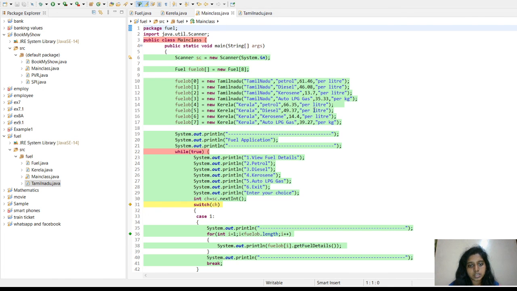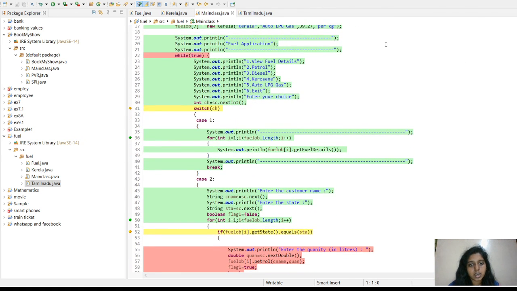It will ask the user to enter the fuel, giving a menu: view fuel details, petrol, diesel, kerosene, auto LPG gas, and exit. Enter your choice. If I choose one, the whole details stored in an array will be displayed, each and everything executed using a for loop.